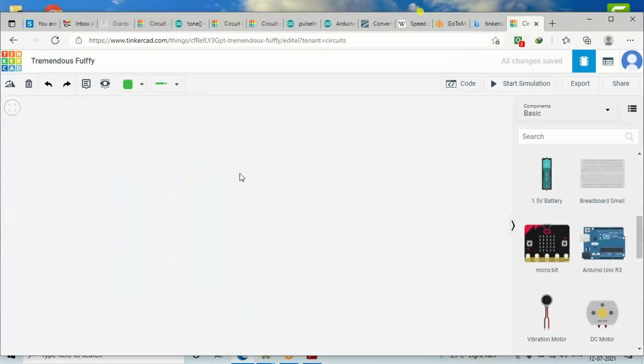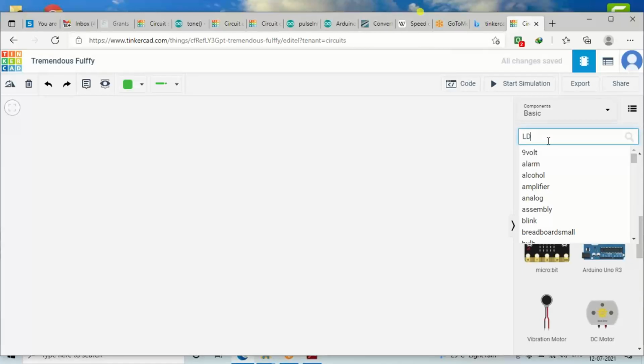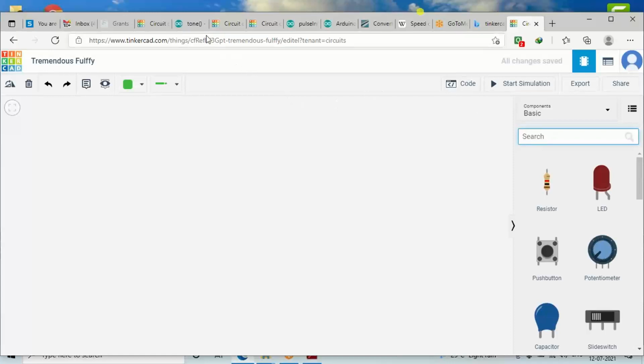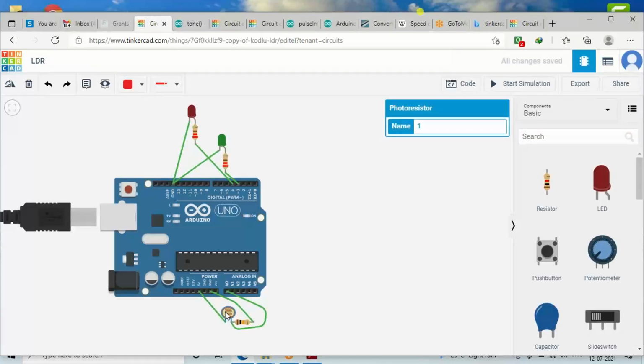After preparing this basic layout, you can directly go to this search window and start searching LDR. If you come to this part, you can see it is also referred to as photoresistor. Okay, so it's not that everywhere you will find only LDR written.